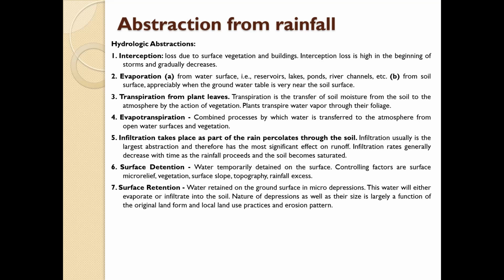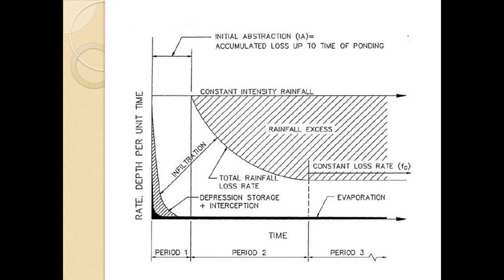Water retained on the ground in the micro depressions either evaporates or infiltrates into the soil. The nature of depression storage, as well as its size, is largely a function of the original land form, the local land use practices and the erosion patterns. So here you can see